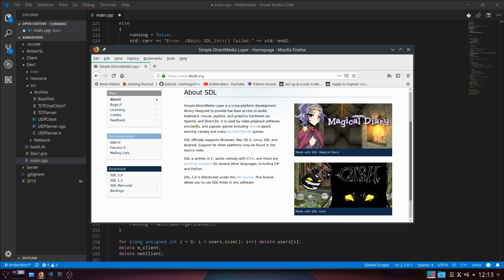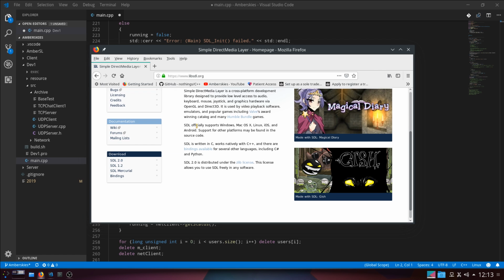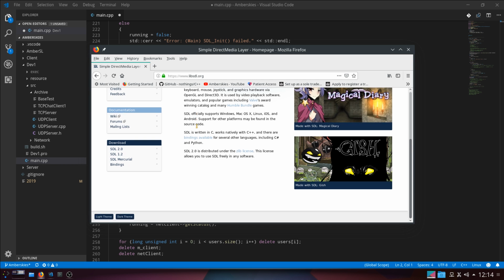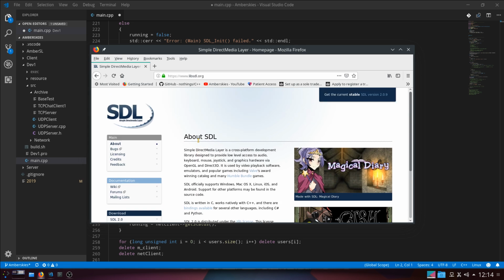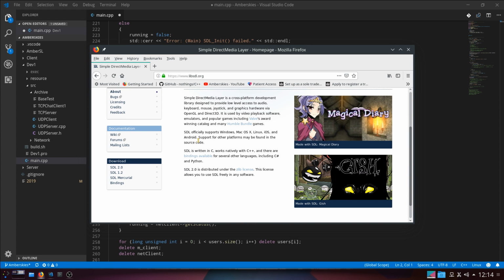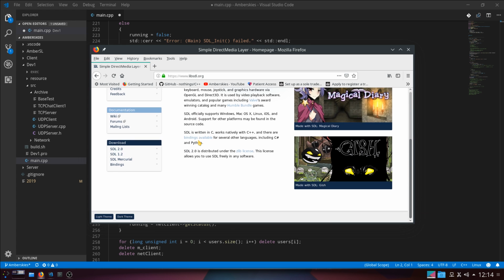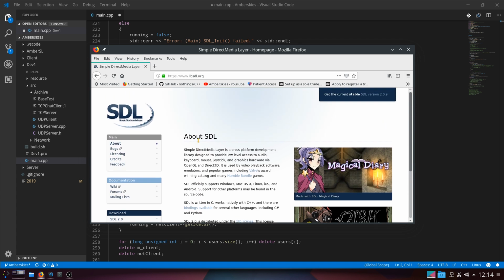It also does a little bit too much. It supports Windows, Mac OS X, Linux, iOS, and Android, which is what I'm looking for. But I'm not looking for SDL, this part. I'm just looking for the network, which this part doesn't even mention. No, it doesn't. For the network, you have to look it up separately.